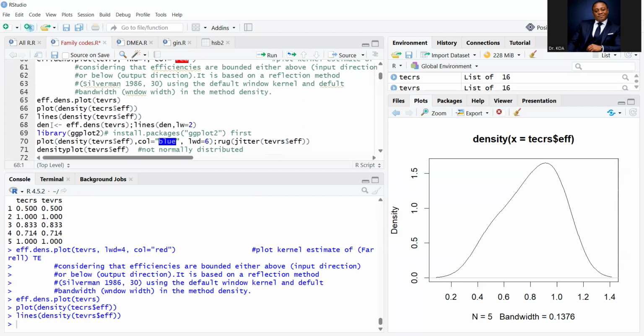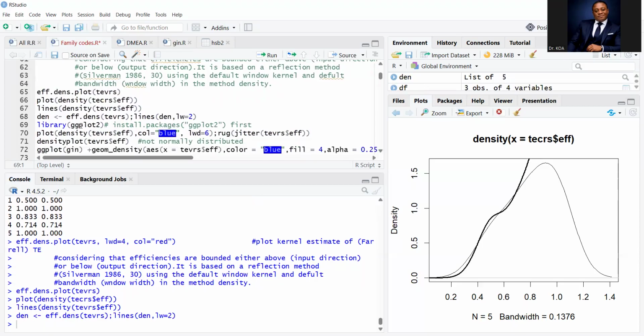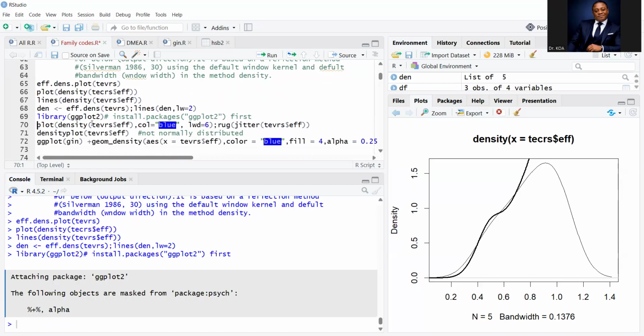You can have density like this. This one is similar to the first one that we had. And then you can also install, the one I'm about to do is a very proper general one. You will install the Gym plot 2. I have installed it already. Then after installing it, you can plot this one, show a line width, and the most important one is the